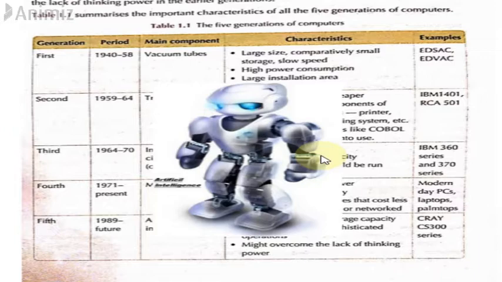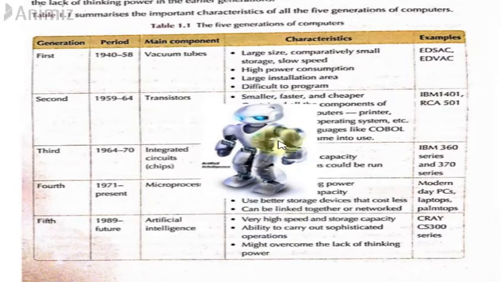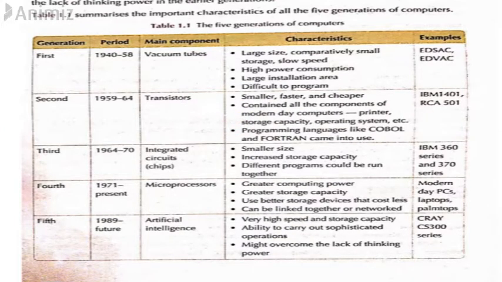So as you grow up and study more about them, as things develop and progress, and more research and work is done in this field, you're going to come to know more about it. Now, this is a summary of all the generations of computers that we have studied. How many generations are there? There are five generations of computers.